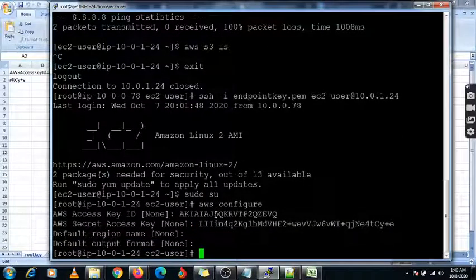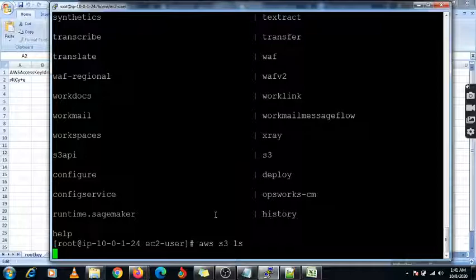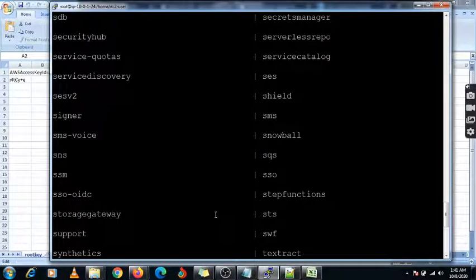Okay, select. Now you can check aws s3 ls. Yeah, now it is working, right? It is because of this root login. I didn't have root login at that time; I had used the EC2 user, so it was not reflected. So using the command aws s3 ls you will get this output. So these are the list of commands you can use.